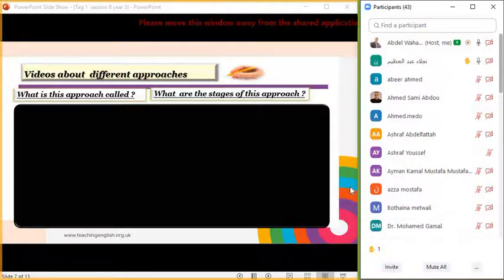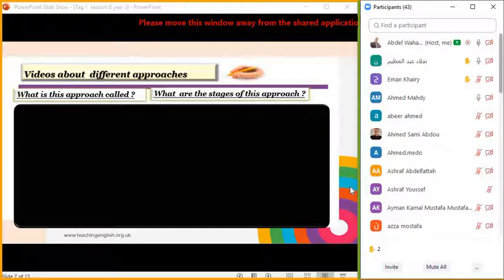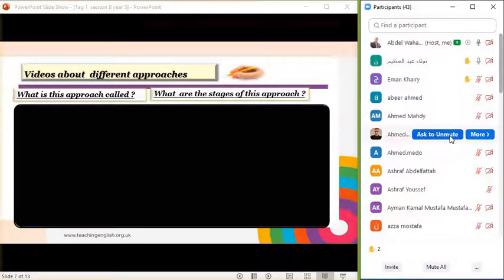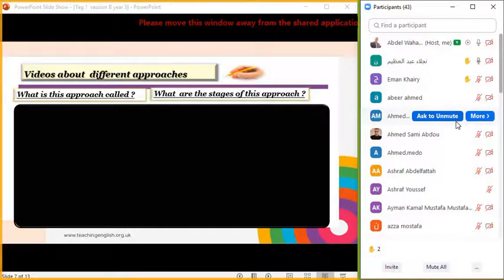Go on. Yes, okay. I think it's a test, teach, test approach. It's a deductive and inductive approach. Okay. It's an inductive approach. Learners complete a task or activity without help from the teacher. Please mute yourself. Okay, go on, Miss Nagla. Yes, it's a good approach for reviewing language.